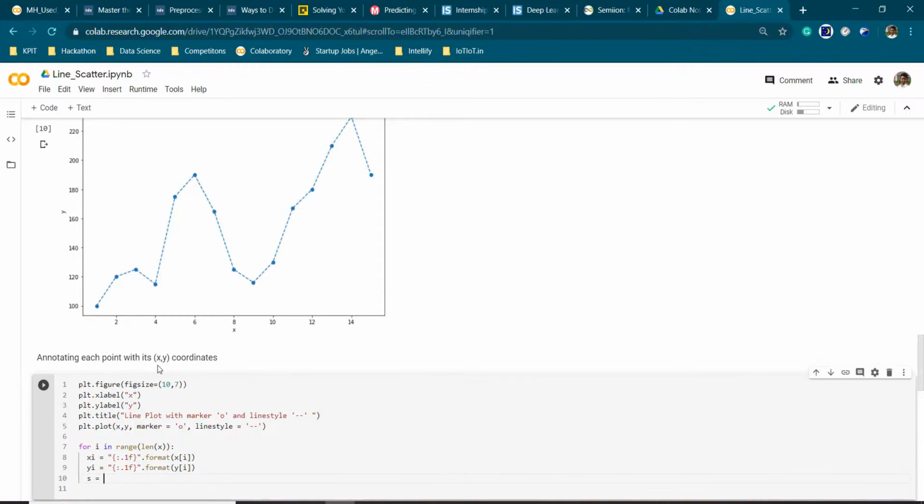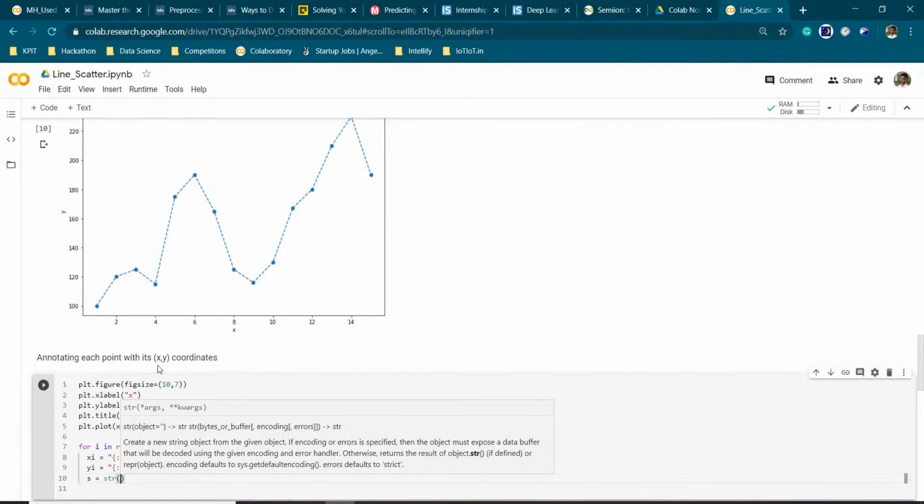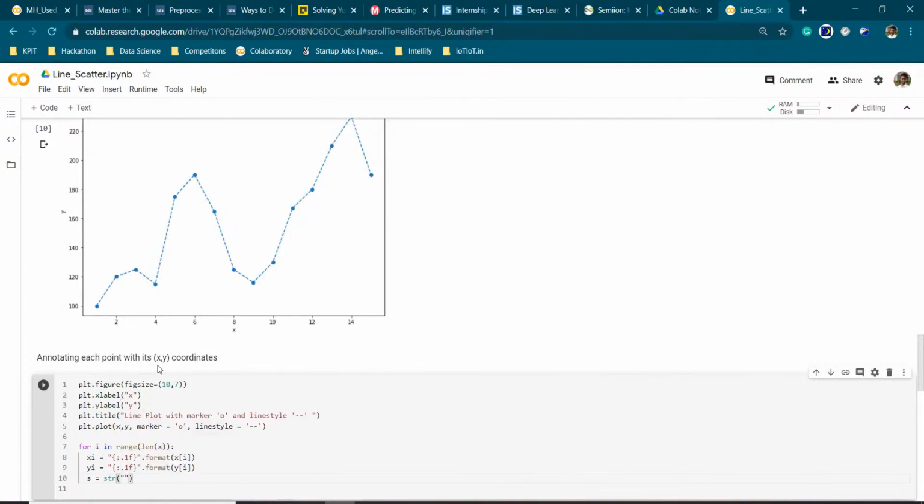So next we are going to create a string for displaying our data, and in the string we are going to represent as point P, and in the point P we are going to load the string str of xi, so for x as the x value.